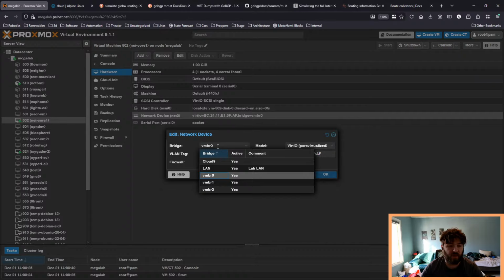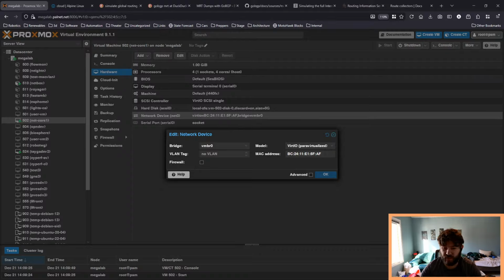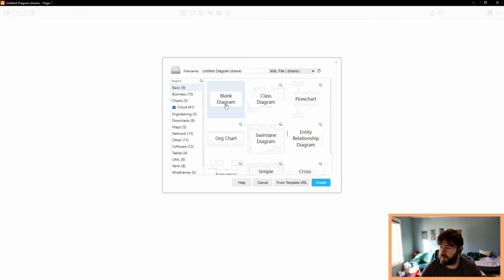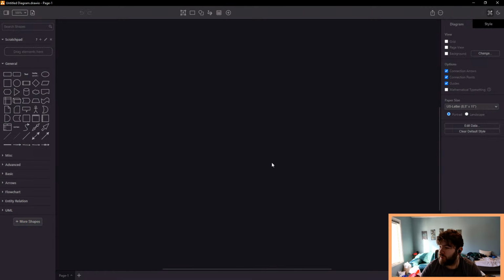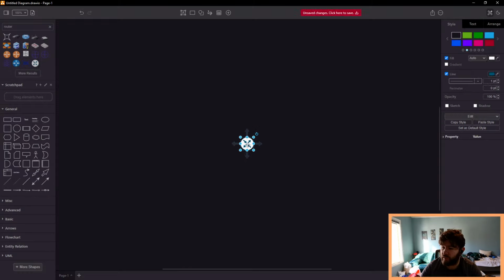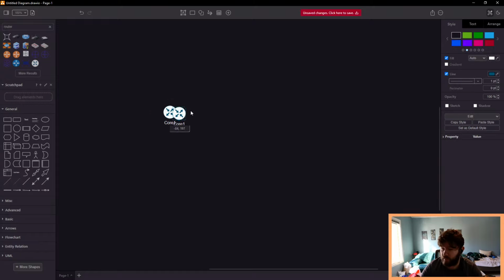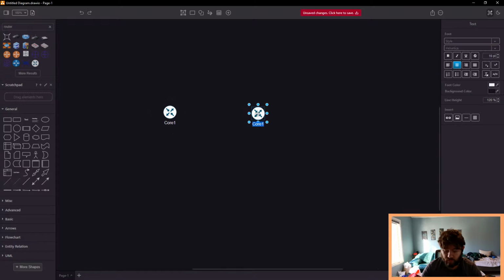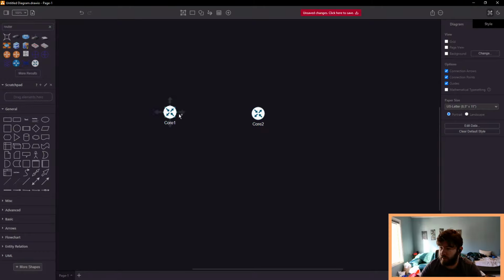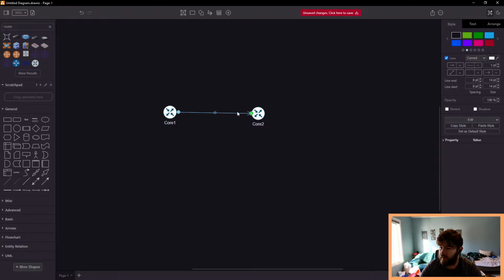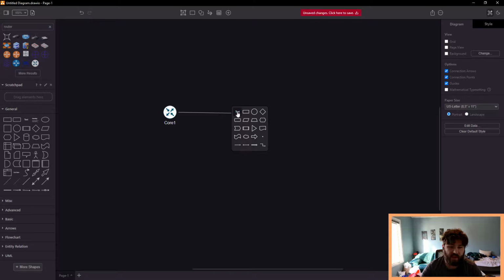So basically the way I have to do networking today is each point-to-point link is going to get a VLAN tag on Proxmox. So maybe I'll draw a quick diagram for you guys here. In dark mode, so we'll have core 1 and 2. And this link between them is actually just going to be a VLAN, an unused VLAN on my Proxmox host, so